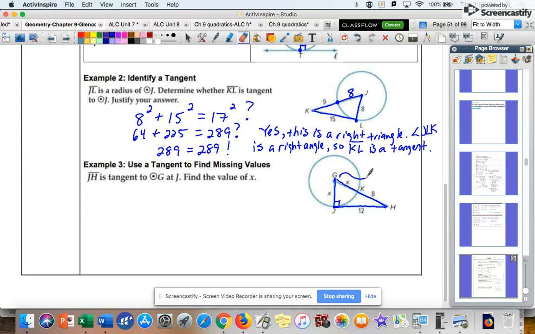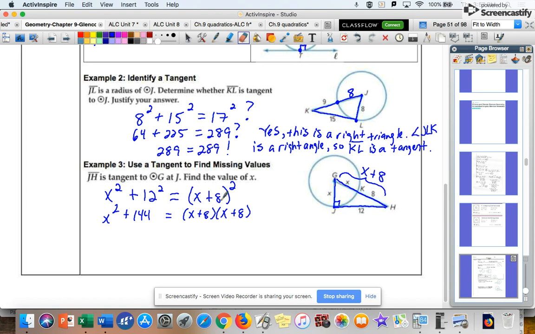So this hypotenuse right here is going to be x plus 8. So doing the Pythagorean theorem here, we have a squared plus b squared, so x squared plus 12 squared is going to be equal to x plus 8 squared. A squared plus b squared equals c squared. All right, let's recall some of our algebra here. So let's see, x squared plus 144. Now, remember, this means x plus 8 times itself, x plus 8, which is not the same thing as x